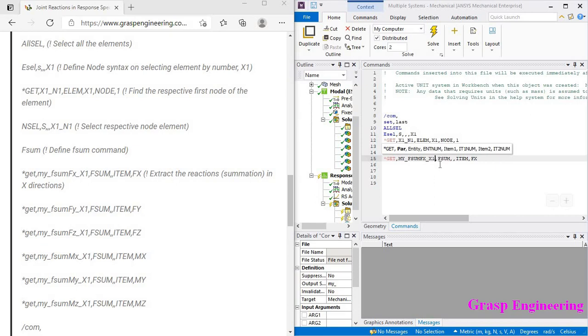So just write fsum fx_x1. Then you need to define the actual command, that is fsum, and then you need to define the respective item and direction name. Okay, now let's copy the same in the next step, and here you just need to write,